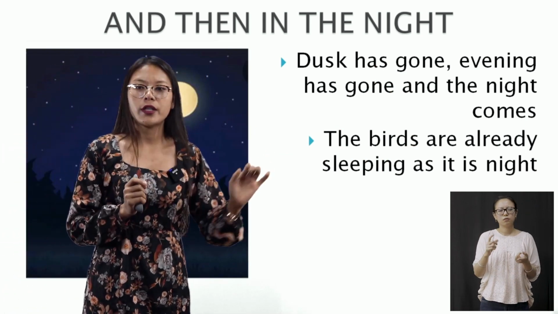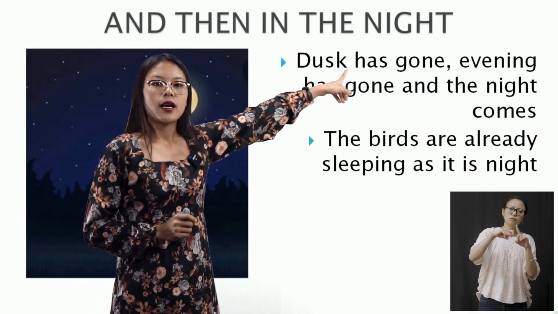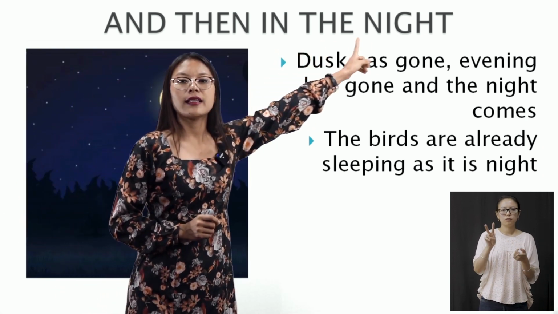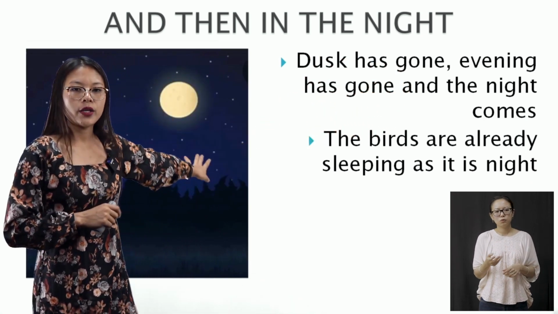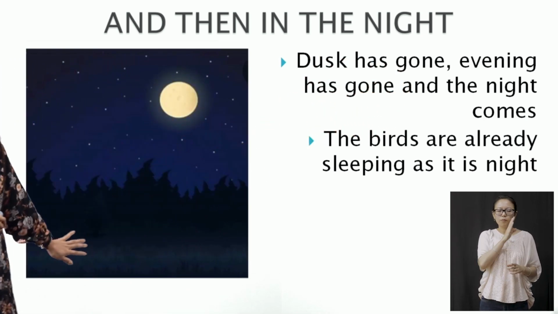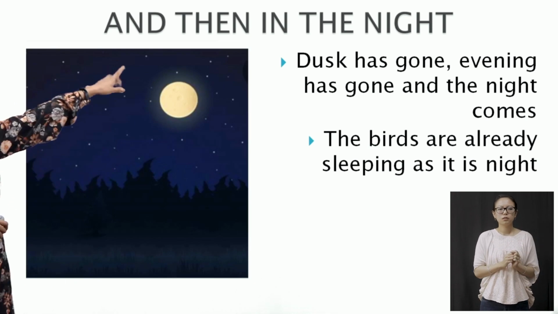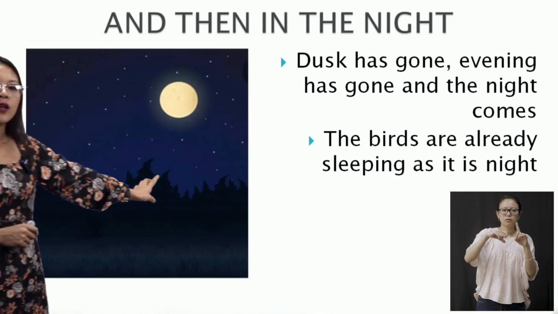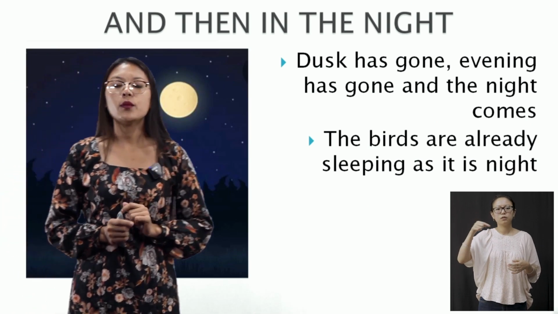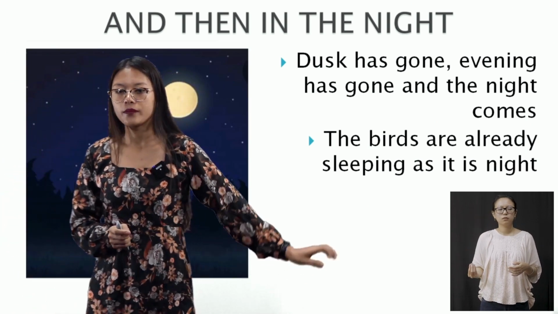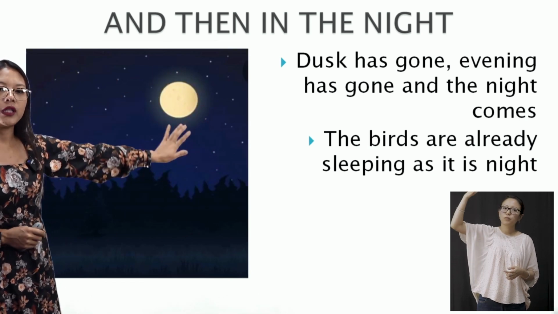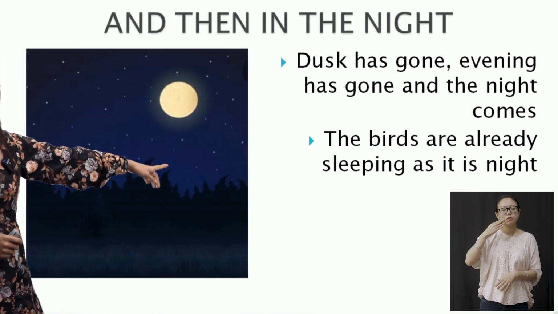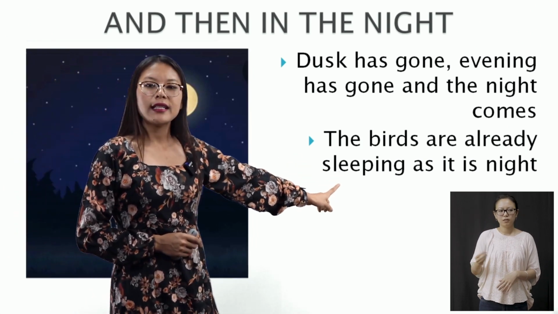It is gone already. Now then in the night, that means the night has come already. The night is already here. See, you can all see it is dark already. The moon is already shining. When do we see the moon? We see the moon at night, right? So it is night already, and the moon has appeared beautifully in the sky, and the birds are already sleeping